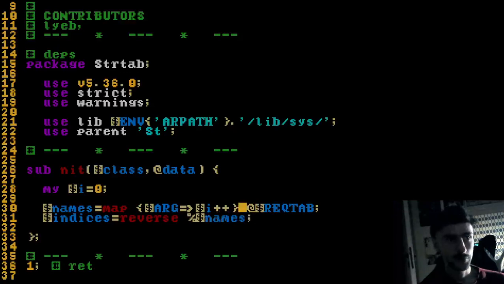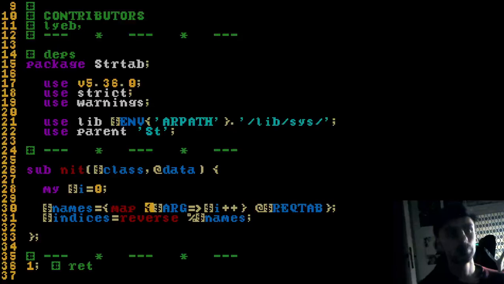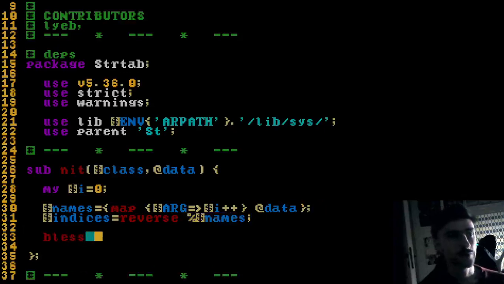There's names, okay, and I actually have to wrap this like this because this map will return a list, right? So a key value list, okay, and so I have to wrap that, and we just do this from data, not date, and then just reverse this, and okay,